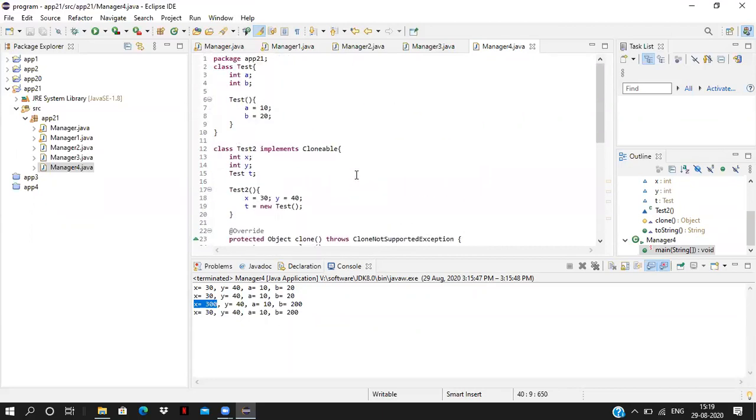First point is, if you create a duplicate object from the original object, and we change the original object, if the changes are reflecting into the duplicate object, that is called shallow copy. And the second point of the shallow copy is,